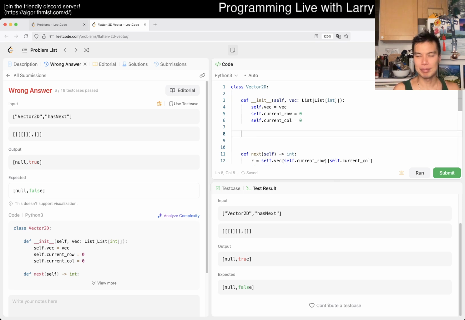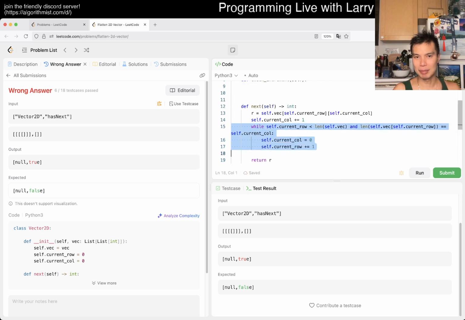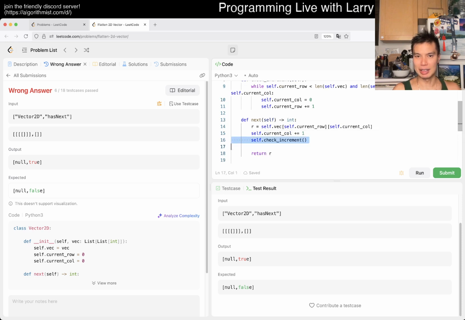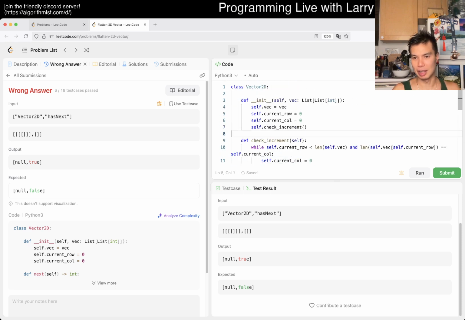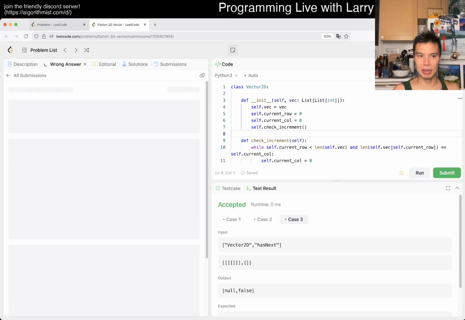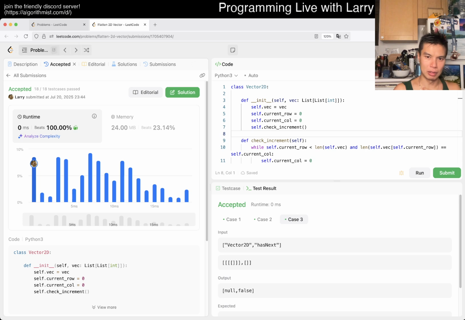Of increment maybe, or check increment maybe, something like this, where basically it just wants this, right? And the reason is that we just want to check the state also after we do this, and that should be good. But I honestly did miss this, or just didn't consider it.